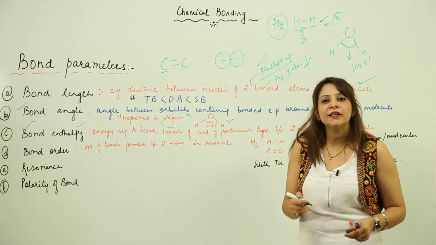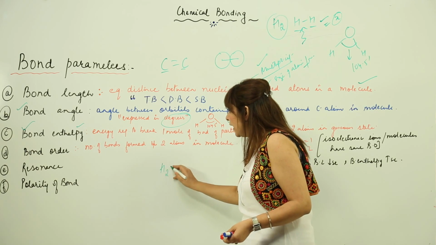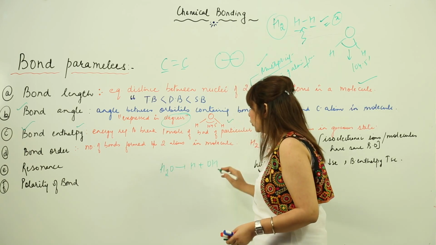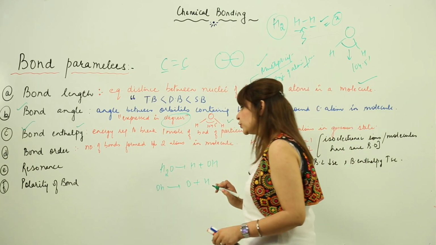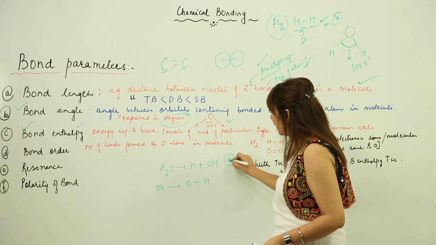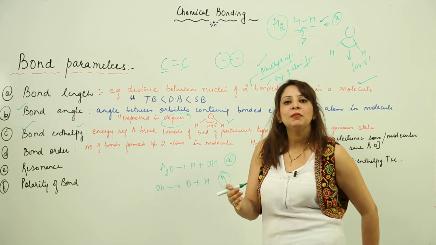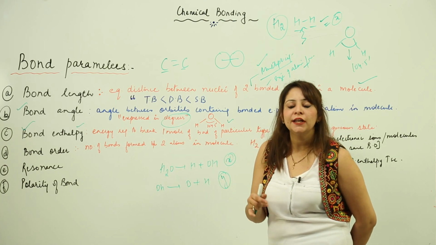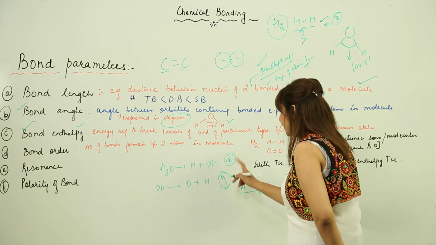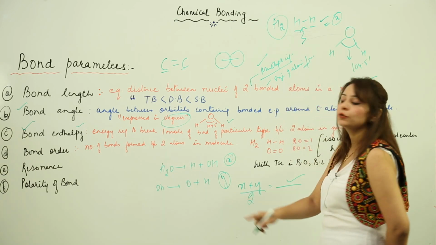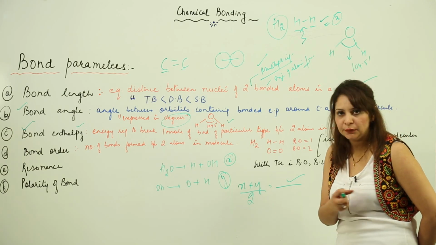But in a few cases, you get to see more than one bond of the same type. Suppose I have H2O. When I break it, suppose I get H and OH, right? Then I further break OH, I get O and H. Suppose for the first step I supplied energy X, and for the second step I supplied energy Y. So if there are multiple bonds present, in that case we take into consideration the average bond enthalpy. How? We add these values and divide by the number of bonds. That gives the average bond enthalpy. So average bond enthalpy is taken into consideration when you see multiple bonds.